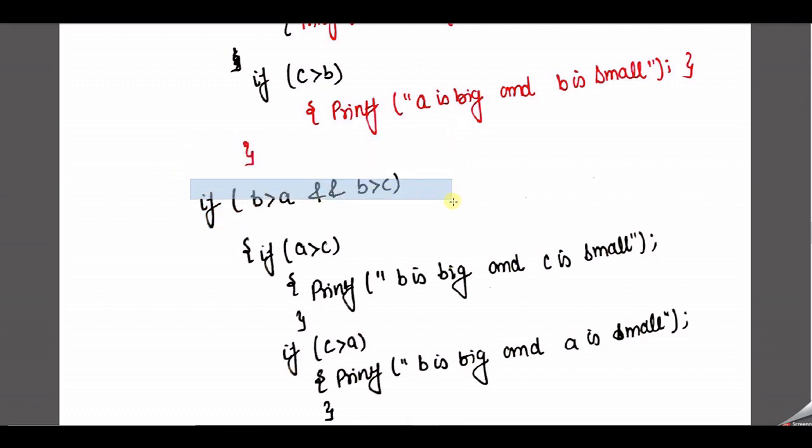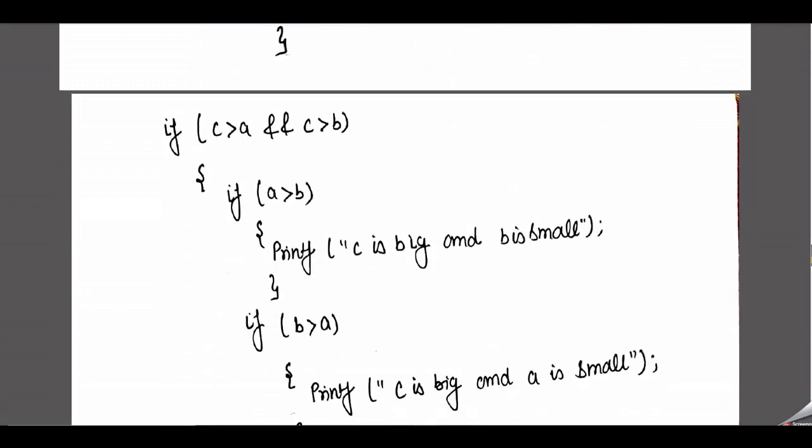So what do we get here exactly? For the first statement we get true and false. So with the help of the AND truth table, we found that if both values are true, then we go through the if part. If any one value is false, then the whole value of the if part is false. If the condition is false, where do we have to go? We go out of this if part. So we go to the third part. And when we go to the third part, we see that if the third value is greater than A, that means 6 is greater than 4. Yes, true.